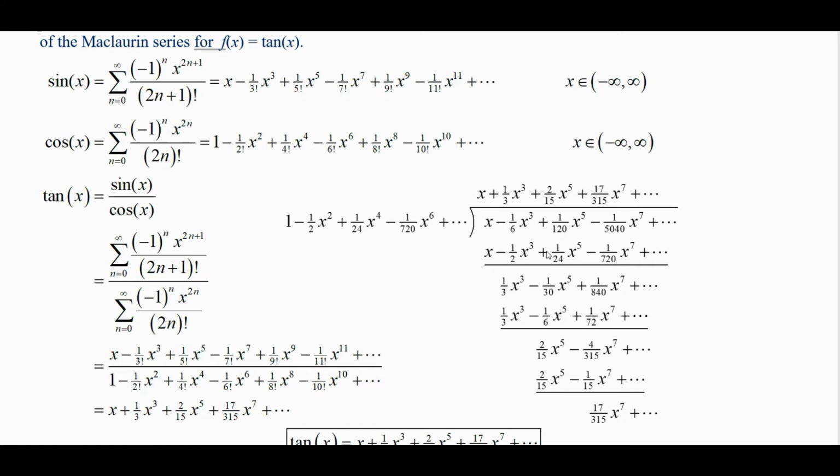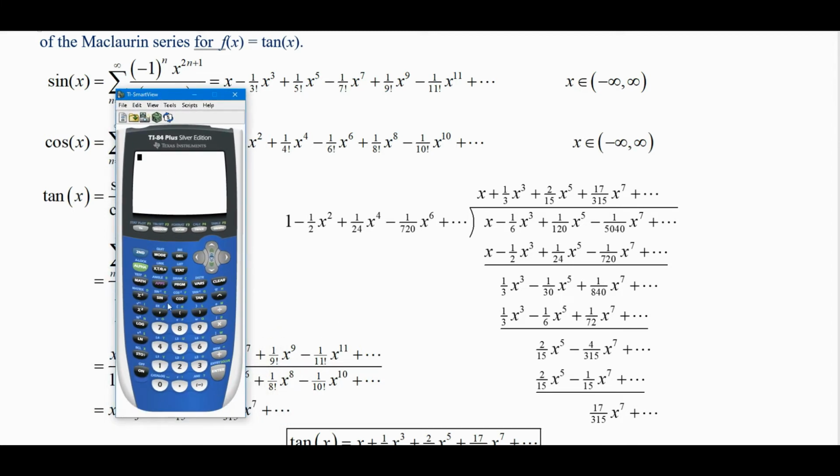1 over 120 minus 1 over 24 is 1 over 120 minus 5 over 120, which is negative 4 over 120, which reduces to negative 1 over 30. And then we can do this, negative 1 over 5040 minus plus 1 over 720. We get a common denominator of 5040 and work that out. I'm going to just verify these things that I have here using a calculator. Of course, you could do these by hand, but